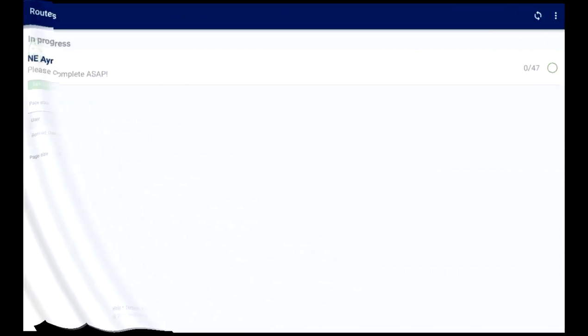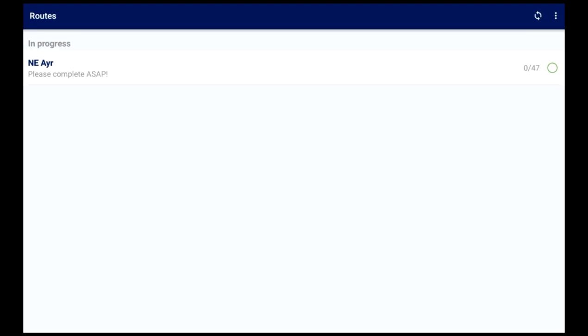Okay, so after we've logged back into our Android device, we see the route's been assigned to us, the meter reader. If you're already logged in and it hasn't populated straight away, you can simply click the refresh button there and it will sync in all the routes that have been assigned to that meter reader. So we can just click on the route we want to read next and open that up,